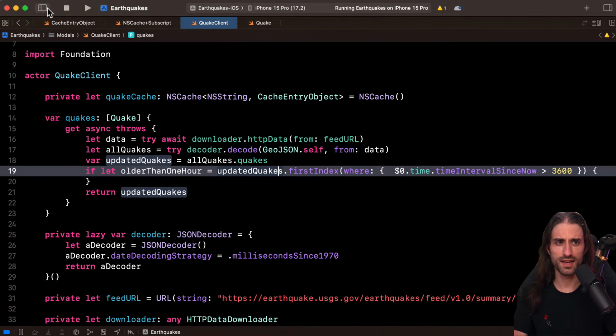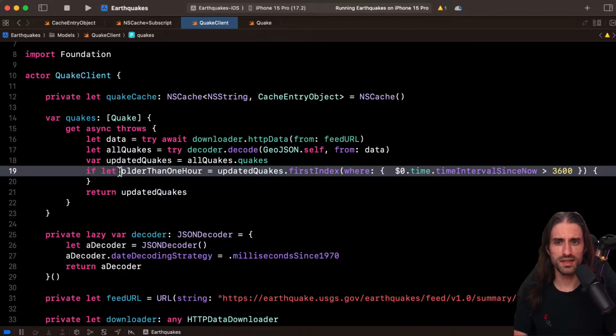Let me hide the panel on the left so that we have a bit more room for you to see. So if we have something older than 1 hour, it takes the collection and looks for the first index where the time interval since now is greater than 3600, which is the number of seconds inside an hour.